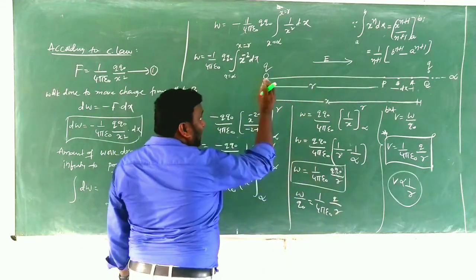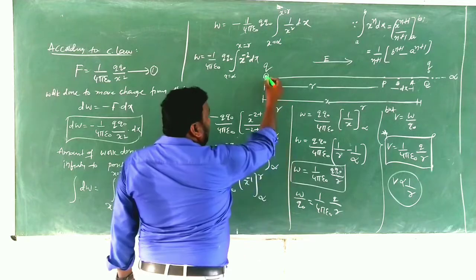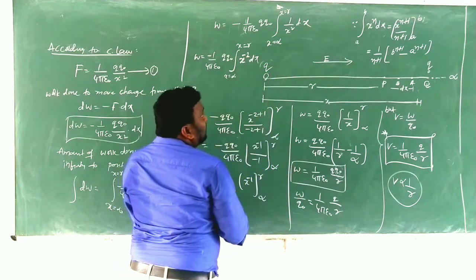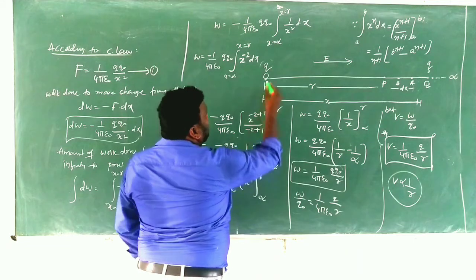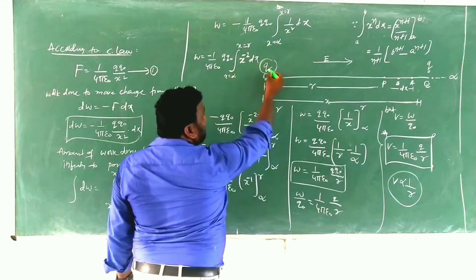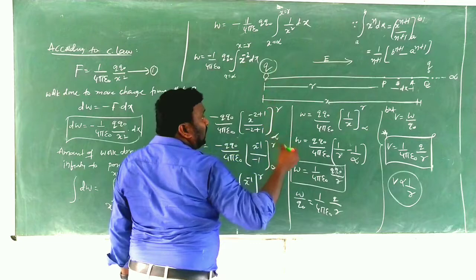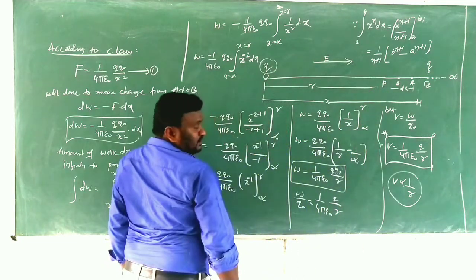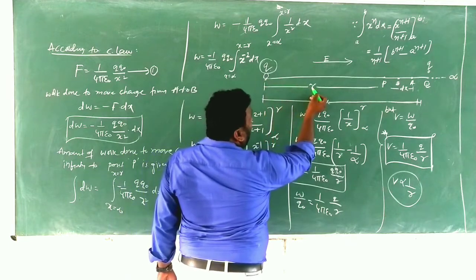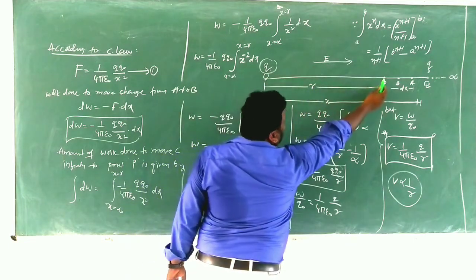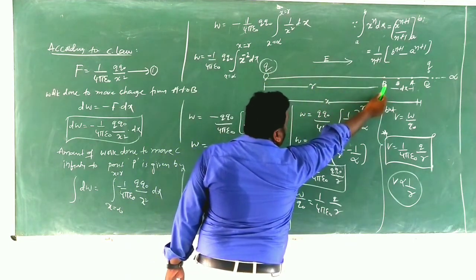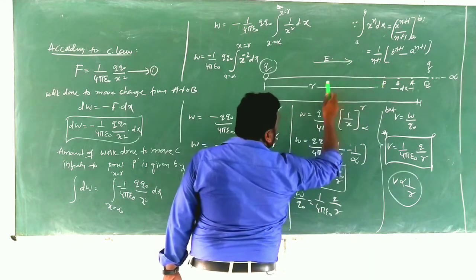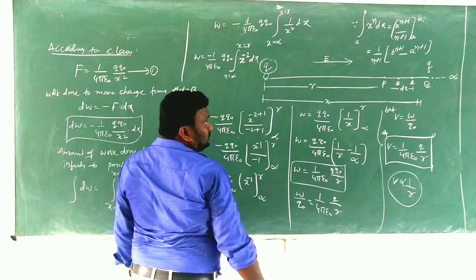That's why first you have to understand the diagram. At this point O, we have charge Q. With respect to this charge only, we want to find out the electric potential at the point P. So from a distance of r from Q, we have selected one point, that is P, in the electric field of intensity E.